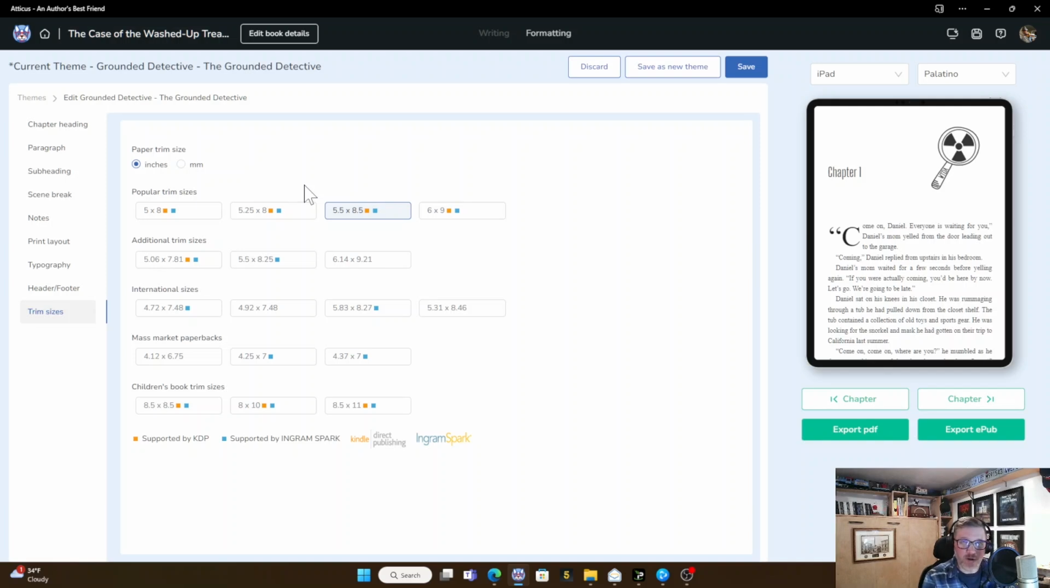That's kind of your purse-sized fiction book. And you choose that here so that when you export your PDF or you export your EPUB, it's the right size, because a PDF is actually sized. So that's pretty cool. Lots of trim sizes available, and those sizes, see, it shows you